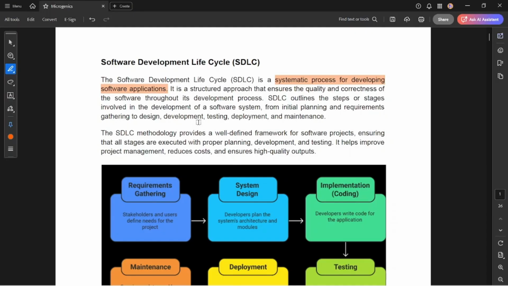if I'm building any software, first of all I have to know what I'm going to build. For that I have to gather some information, and we have to work upon the small modules. This is the basic structure which we have to follow. That structure is provided by the software development lifecycle. That's why it is also called a structured approach that ensures the quality and correctness of the software